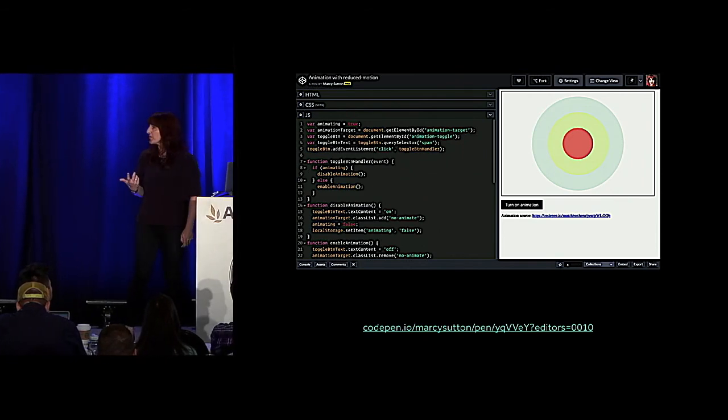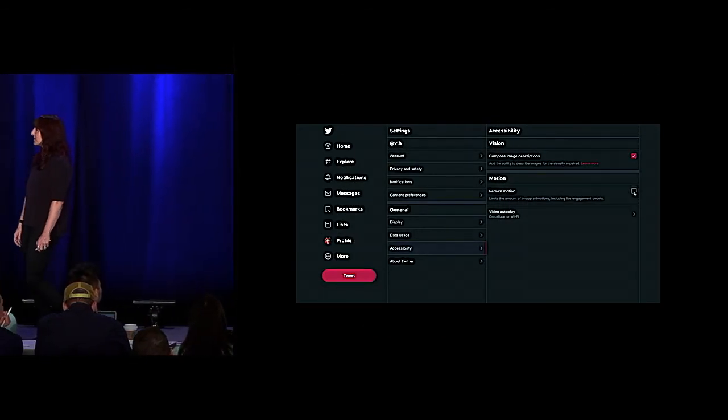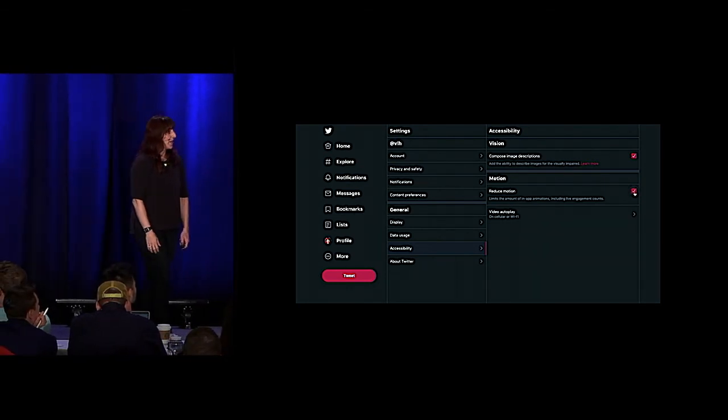But we do see these more than you might think. For example, Twitter's like, hey, would you like to turn motion off in our site? They have a whole settings panel, and one of the things is a motion toggle. I've even seen it